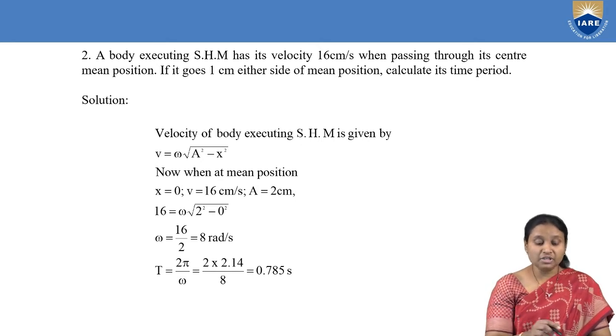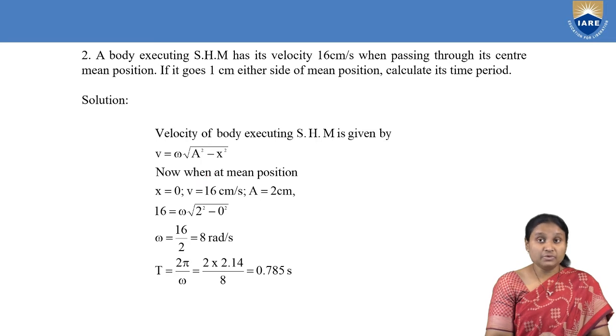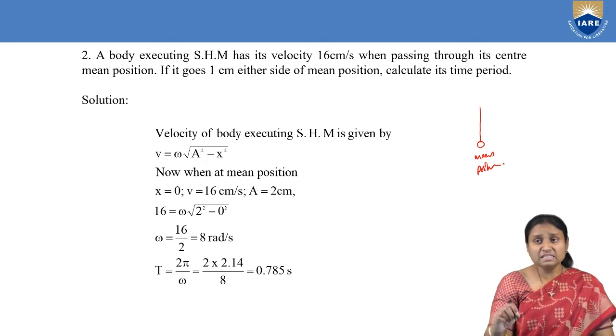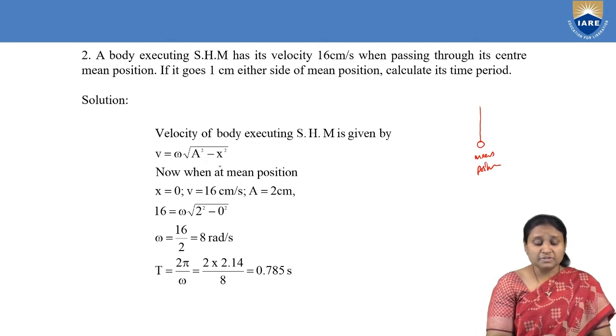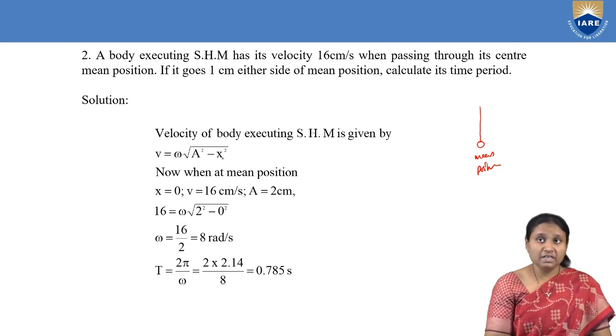So what is the velocity given? Velocity is 16 centimeter per second, but what is the formula for velocity? Omega, which is angular velocity, times square root of a square minus x square. A is amplitude and x is displacement. And here in this case, when it is at the mean position, that is at the center position, then displacement will be 0. So here we are talking about the pendulum. First pendulum, this is our mean position. So at mean position, displacement is 0. So if I substitute x to be 0,